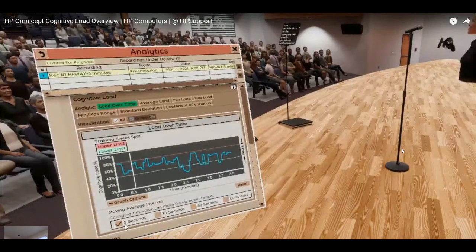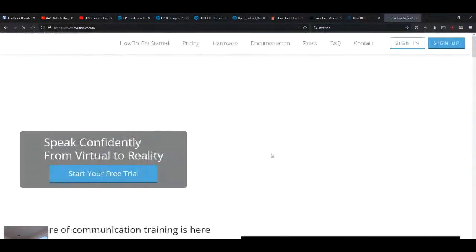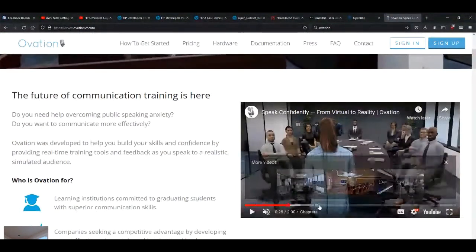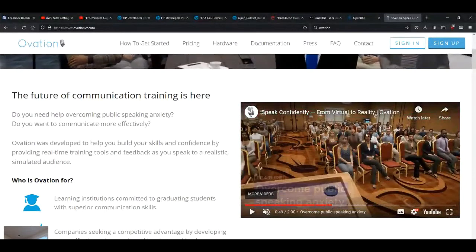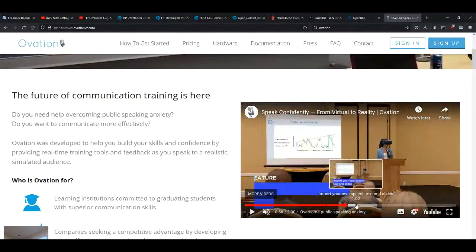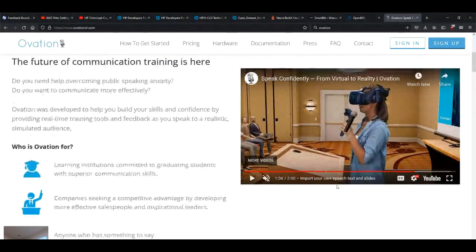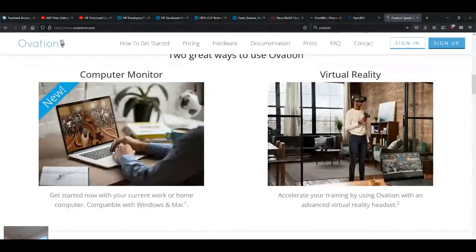Look, we were talking about this public speaking training tool, and here is the Vive Pro, I think it's called, on Ovation. Yes, there it is. The program is called Ovation VR. So this was what they had previously, a training thing for people, and then they go in VR, and you get ratings for how you did eye contact on the crowd and all kinds of cool stuff. It's pretty wild. On the other hand, I think it's amazing that a tool like this exists to help people that have that fear